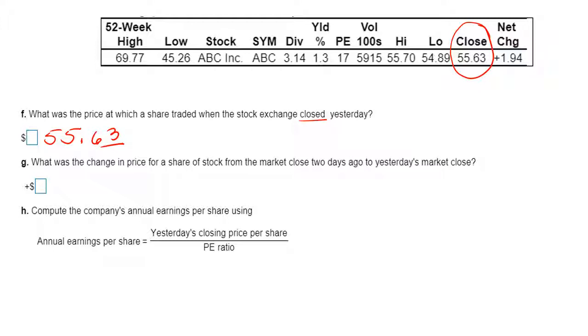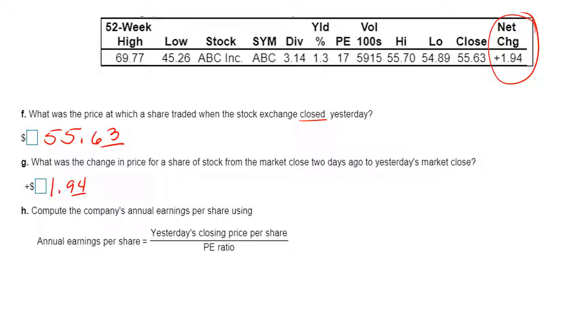$55.63. Now, what was the net change in price for a share of stock from the market close 2 days ago to the market's yesterday close? That will always be this net change. That will show you from the 2 days to the 1 day prior to what you are looking at. So the net change was a positive. It had gone up